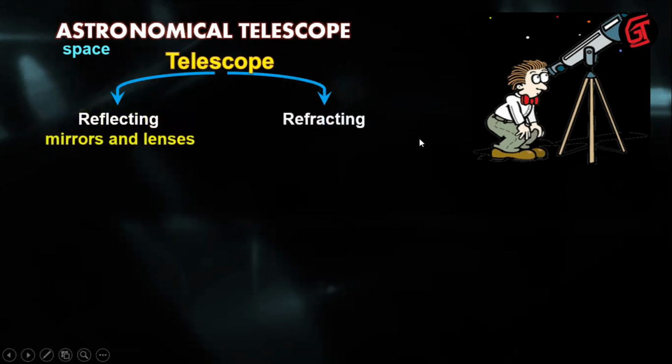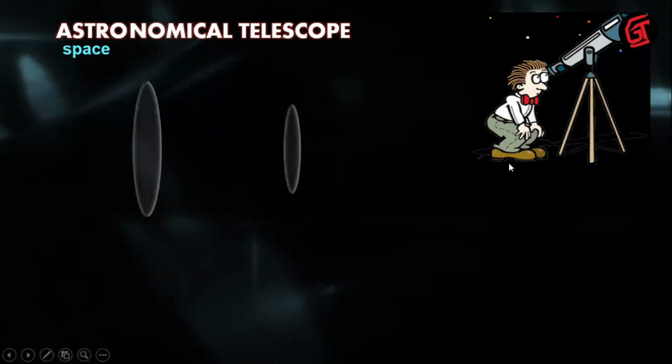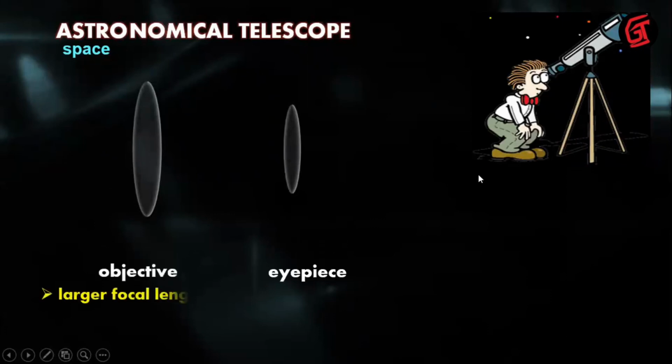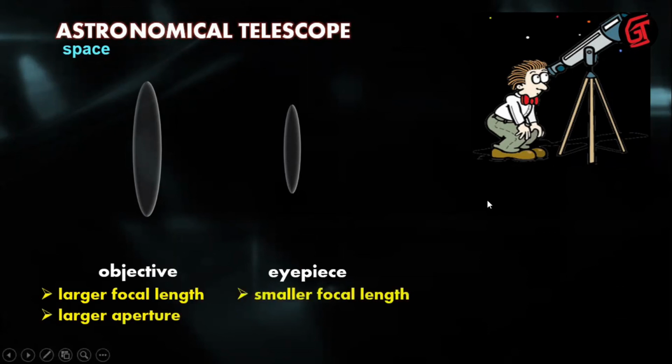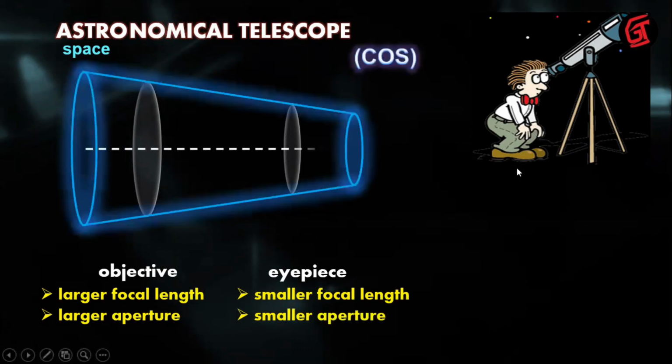Okay, so in a telescope, they are reflecting mirrors and lenses, and they are refracting lenses also, because objects are almost at infinity. Okay, so this is your object and your eyepiece. So object has a super large focal length. Okay, so eyepiece is very small, because the more small, the more large we can see, a magnified image we can see.